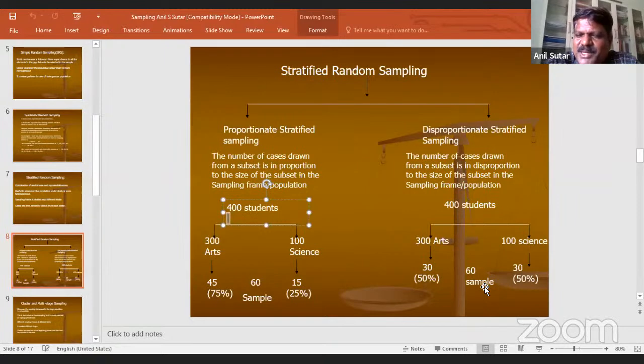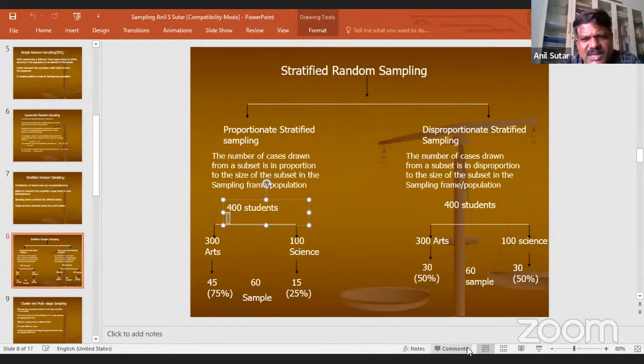But we advised her that in such a situation, disproportionate stratified sampling is the appropriate one, so don't go by proportionate. Then out of 35, she could involve around 20, 15 medical and psychiatric social workers, and the visibility of that group was ensured by following the second method.